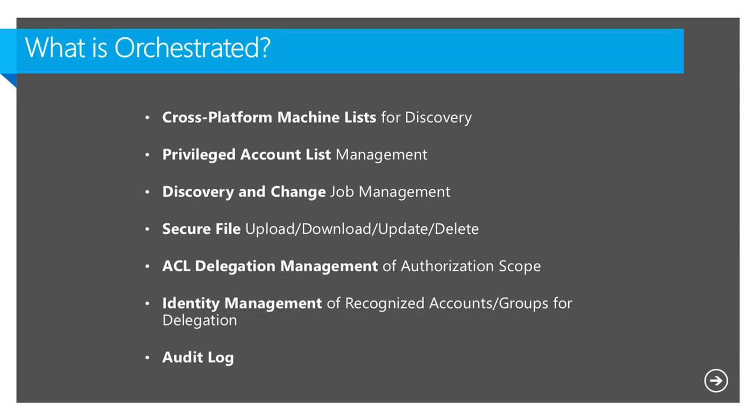These are some of the things that you might want to orchestrate in a private cloud. One of the things is lists of machines. You might want to, for example, change LDAP paths or tell it explicitly what you want to manage. You may want to let it discover accounts, or you may want to provide criteria saying these are the accounts that I want to manage, say, for example, administrator. Or if administrator was renamed, I want you to do this by RID. In other words, forget about the name or the language. Just look up the RID, that is the GUID piece of the username. Figure out what it's currently named and manage it. You also need to control the job engine as to what gets changed when and on what frequency.